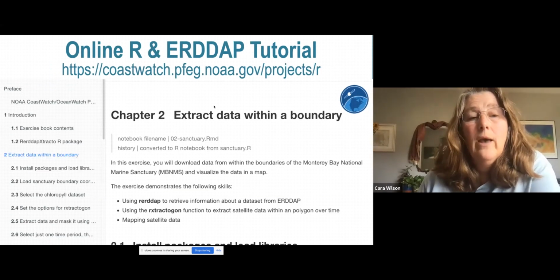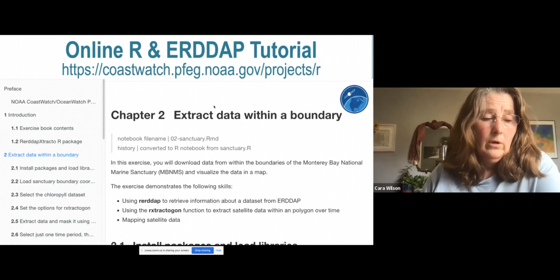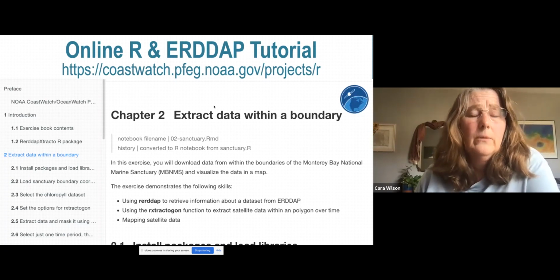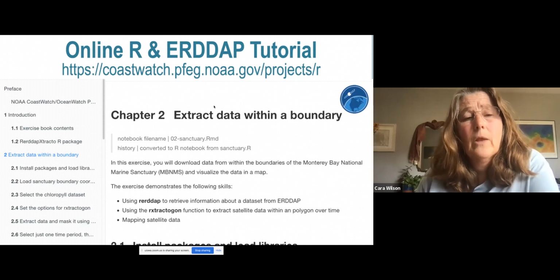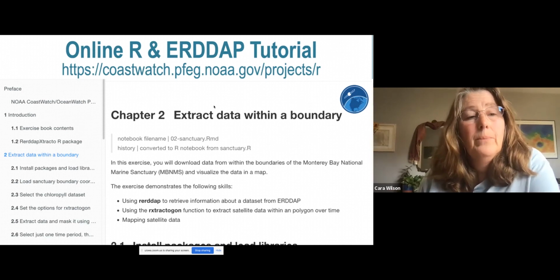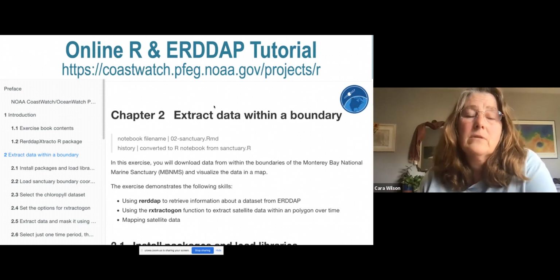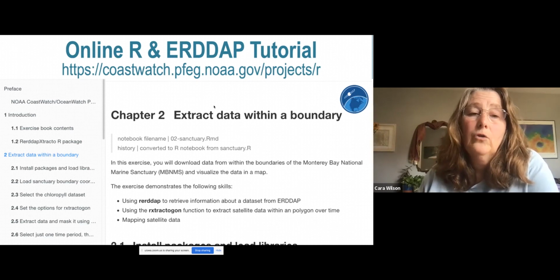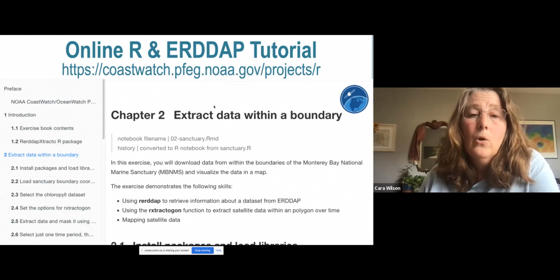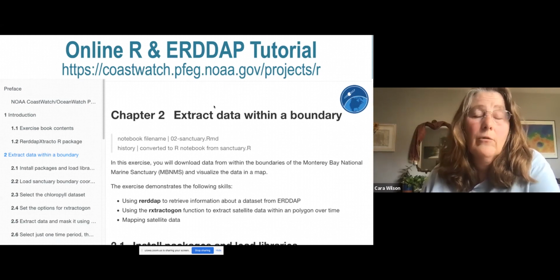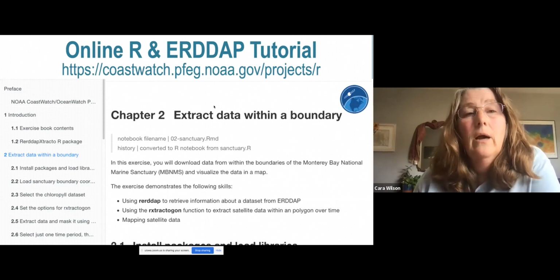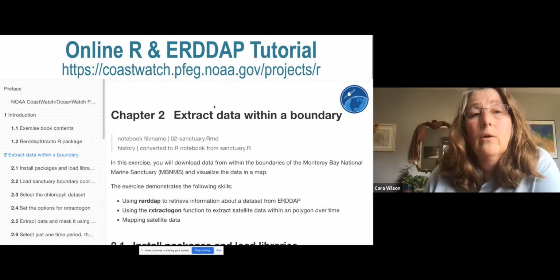Another online tutorial we have, as I mentioned, we work a lot with R. A lot of our users who come to our satellite classes use R. It's used heavily in NOAA because it's free. So we've put together a bunch of scripts using a package called rerddapXtracto, which is also developed here at my lab, which shows you how to do common things that our fisheries users want to do with data. So if you're an R user, I highly recommend that you check out this